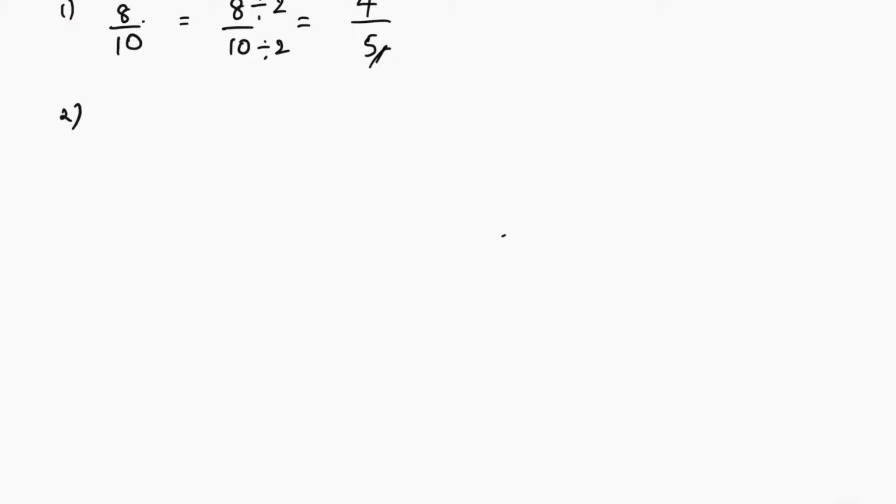You can start doing it with smaller numbers, dividing it. However much you can divide, you try doing that. Here you have 50 by 75. That is equal to 50 by 75. Here I can divide both the numerator and denominator by 5. Correct? What is 50 divided by 5? 50 divided by 5 is 10. 75 divided by 5 will be 15. Correct? 15 5s are 75.